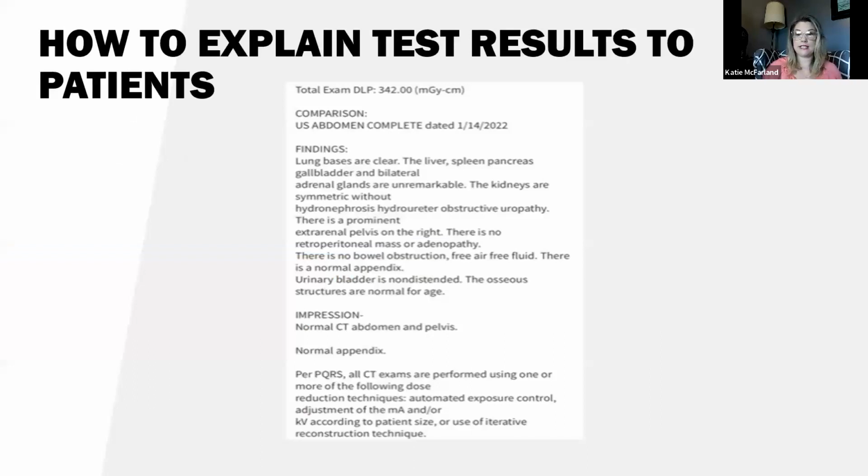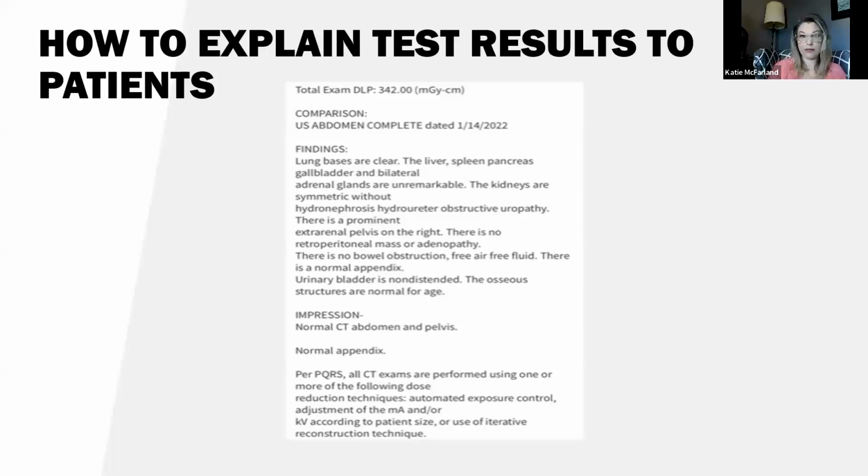So example of this, if I were to hand this out to nursing students and say, here you go, day one, here's these findings. I need you to explain these findings to your patient in layman's terms. Well, if this is a first year nursing student, they're looking and they're going, I don't know what a PQRS is, and I don't know what their MA and KB is, and I don't know what hydrokinesis is. I'm not going to be able to share that with someone because I don't have the tools I need to